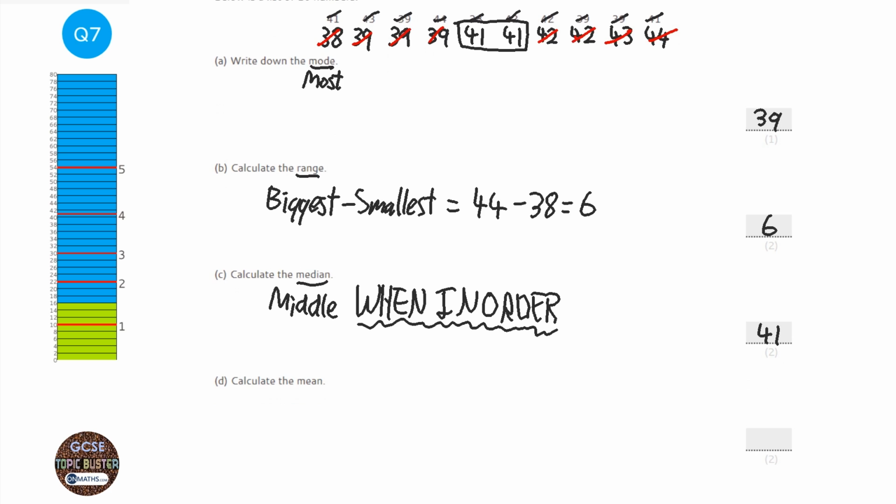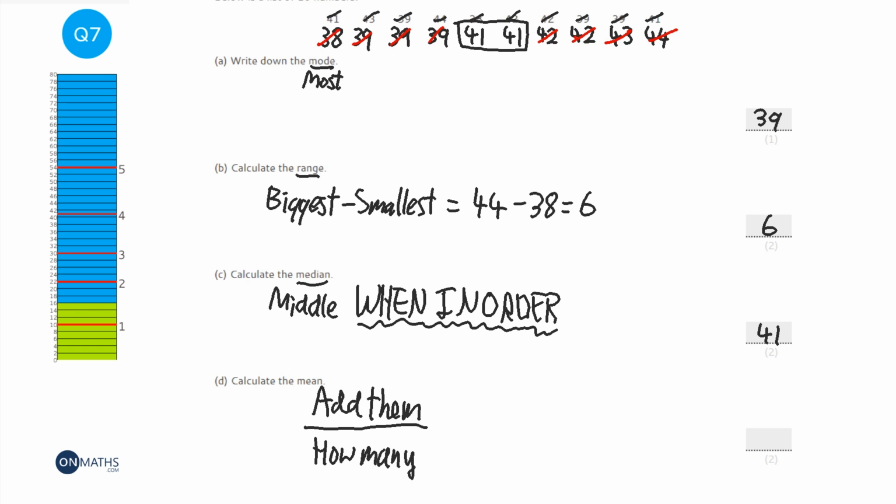Now the mean is, a lot of people call it the mean one. You add them all together, and divide it by how many? So I'm going to do this on my calculator. I'm going to do 38 plus 39 plus 39 plus 39 plus 41 plus 41 plus 42 plus 42 plus 43 plus 44. Hopefully I've got the right answer of 408. Over how many there are? Well, there's 1, 2, 3, 4, 5, 6, 7, 8, 9, 10. So I need to divide that by 10, and I get 40.8